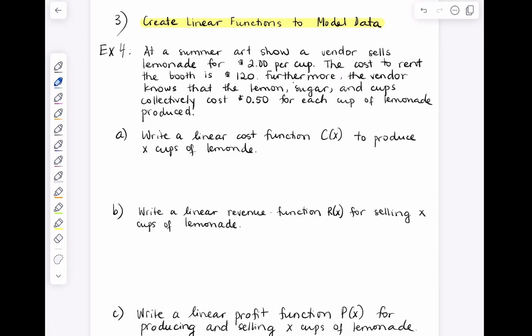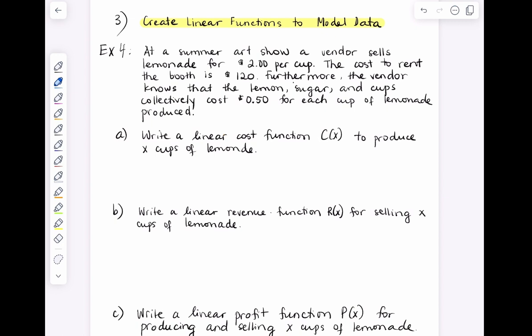In this video, we are going to look at an application problem where we create linear functions to model data. At a summer art show, a vendor sells lemonade for $2 per cup. The cost to rent the booth is $120. Furthermore, the vendor knows that the lemon, sugar, and cups collectively cost 50 cents or $0.5 for each cup of